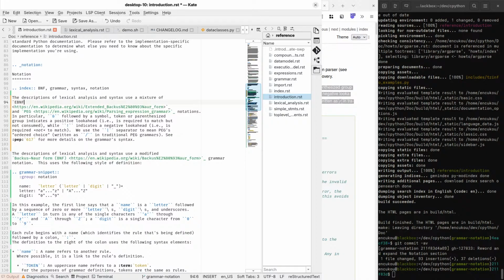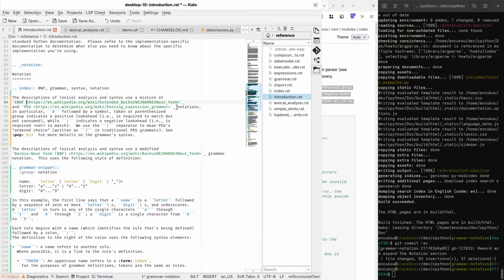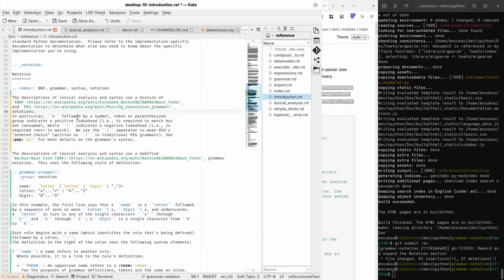Well, let's put the links on. There's a positive look ahead and a negative look ahead, which are better left in there because we don't use those.